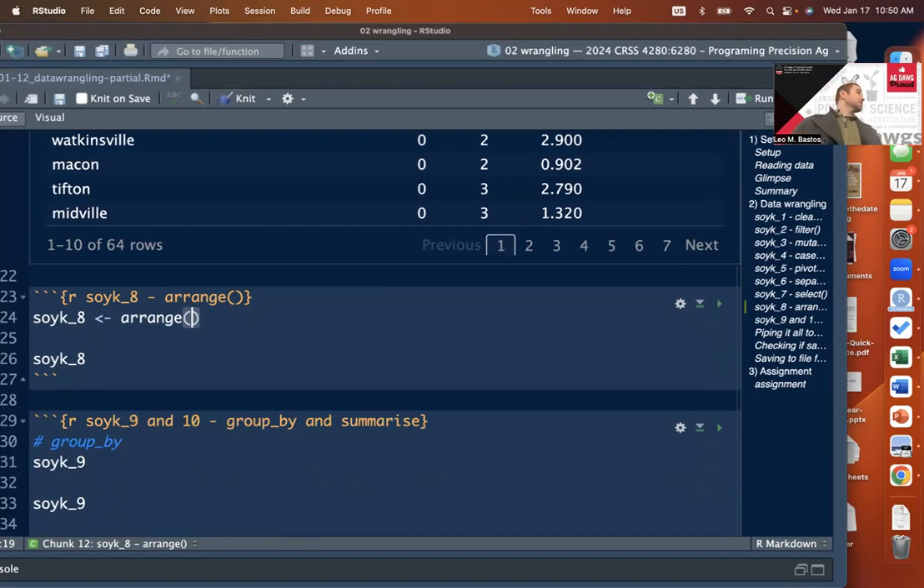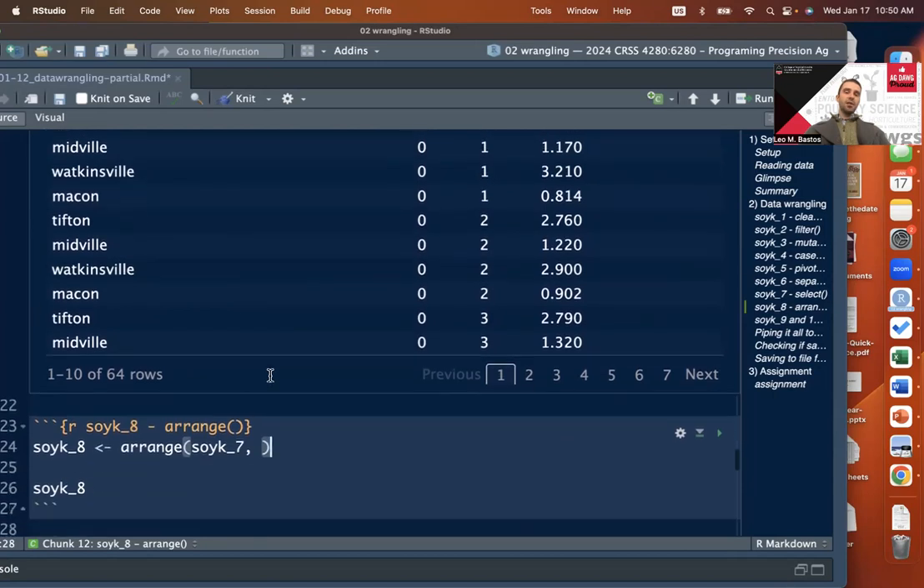You can kind of think of this as sort, right? So the first thing, as you may be thinking, that we need to give it is the data set coming in, that is soy k_7. And then we're gonna say what column we want to arrange by, which in this case is location. So you just go and say location,